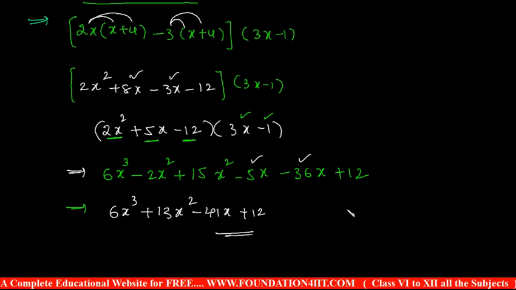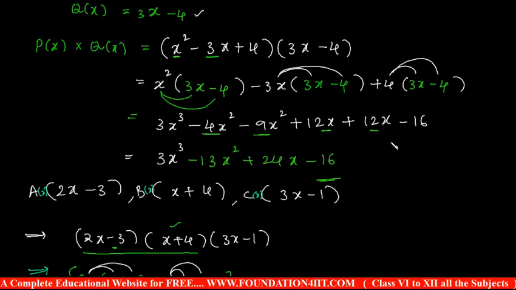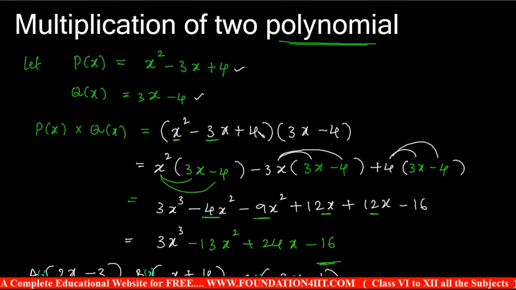So the multiplication of polynomials is very easy. If there are more than 2 polynomials, we just multiply two at a time. If you split and multiply individually, you will get it without mistakes. With practice you can do it directly also. These are the multiplication of polynomials. Next let us see how to do division. This topic onwards is very important. Next we will see how to do division of polynomials.